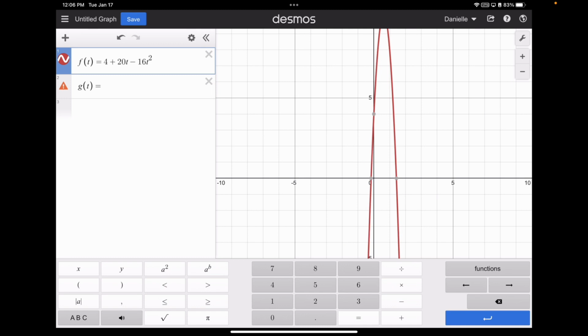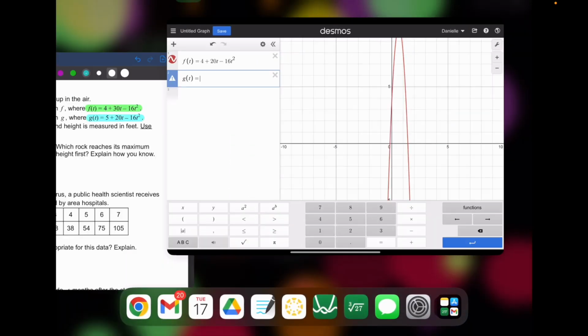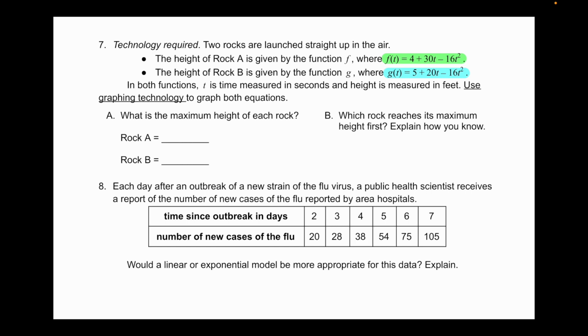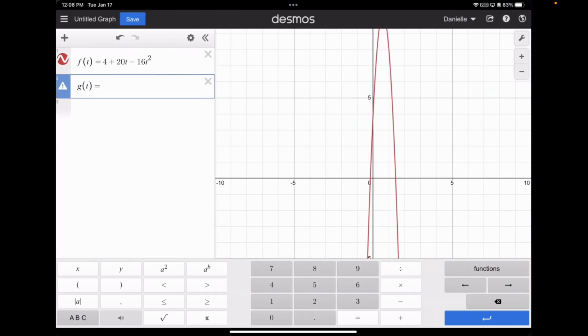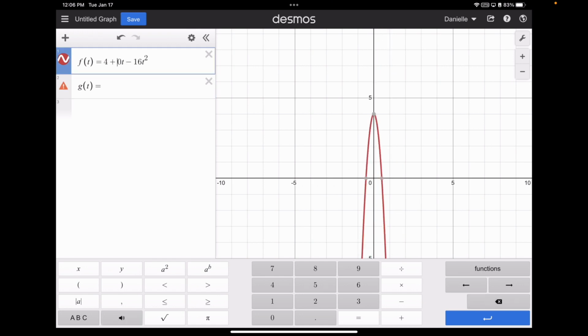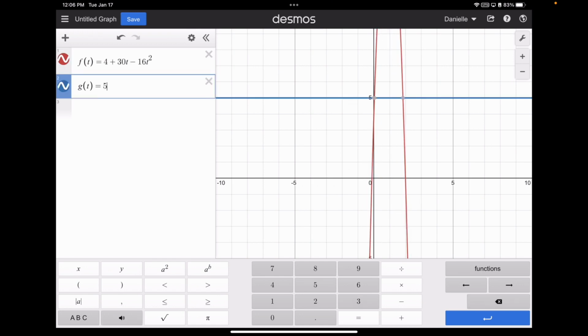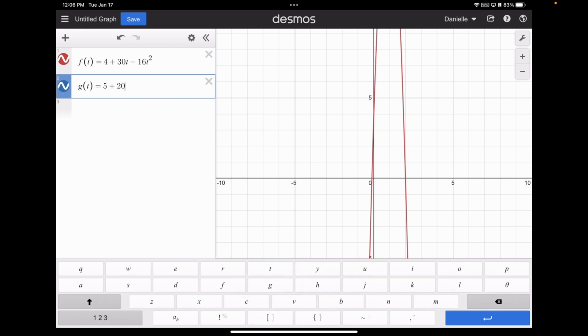squared. And if you're using your Chromebook, you can always type using your keyboard. But since I'm recording this on an iPad, that's why I have to pull up the other actual keyboard, which I'm using the ABC button there in the bottom left. So 4 plus 20, and then I think it was, what did I say, 5 plus 30? Oh no, 4 plus 30 and 5 plus 20. I'm already mixing it up. So 4 plus 30, and then this should be 5 plus 20t